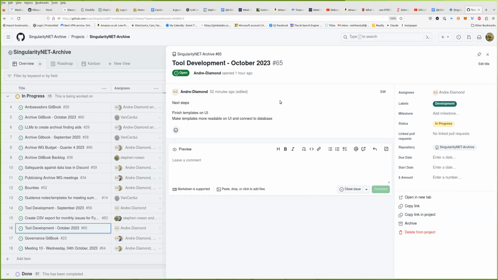An idea came up to ask the archival Workgroup if it would make sense to have our own page on the Ambassadors Gitbook only for important decisions made for the program. In principle, Felix, the work that Andre's doing is essentially creating it potentially, and I know this needs work, not development work, but agreement from people. We potentially could create a database of decisions from work groups. That's what we could do.